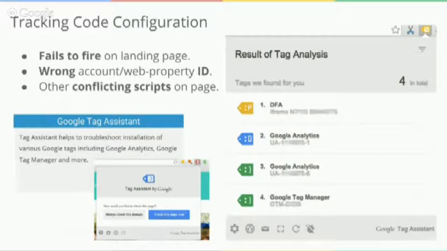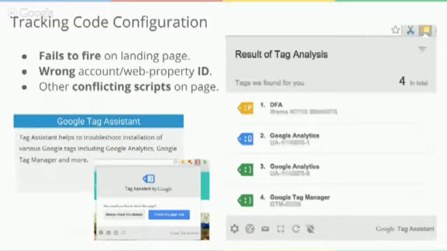And one really good tool to have that can save you a lot of time and can give you instant notification if there's a problem is Google Tag Assistant. This is a plugin for the Chrome web browser. When you navigate to a particular page, it will notify you of the tags that we've detected, and it will give you a color-coded system that allows you to very quickly, at a glance, determine if there's anything maybe funny going on or if everything looks good.